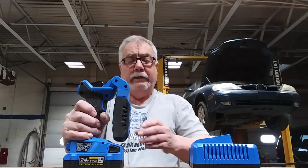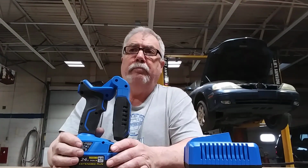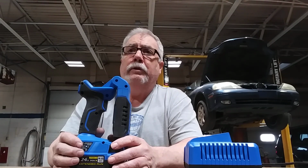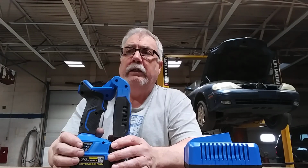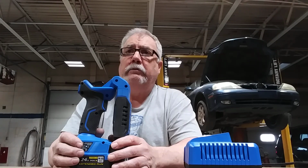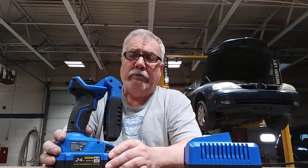Hope you enjoyed it. There's going to be some more updates coming in the near future with Project Bumble Jeep. Probably going to start getting the doors painted in the next couple of weeks. Also going to finish up the hood mods on the gas props for that. Going to move those over and put them behind the hinges. So that's coming up, and yeah, we'll see what else is on the books for that. So anyhow,